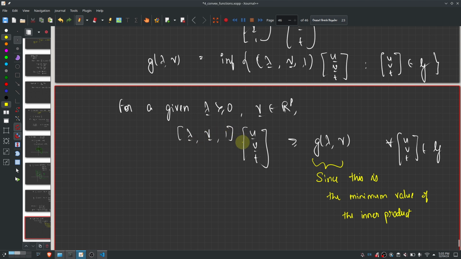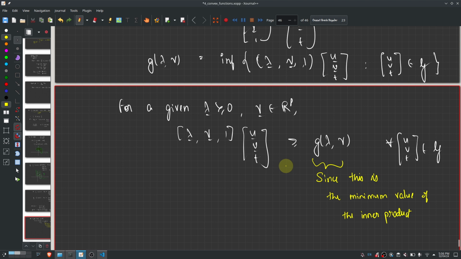So if you look at the set of all possible (u, v, t), not necessarily lying in G, right? So this is some vector. Inner product of this vector with something else greater than or equal to this is a half space. So if I look at the set of all (lambda, nu, 1) times some vector equal to g of lambda comma nu, it gives you a hyperplane. What kind of a hyperplane? It's a supporting hyperplane, right? So this gives you a supporting hyperplane for the set G,